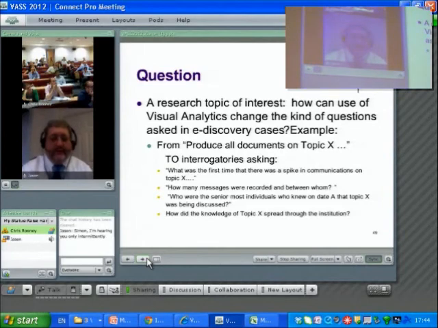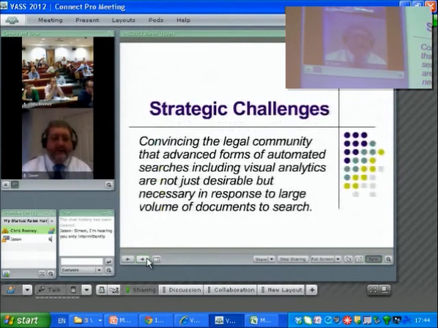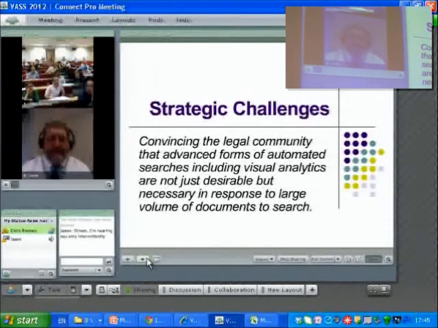But it's definitely the world of the future, and so it opens up doors for lawyers in what I think are exciting ways. So my last few slides are just some strategic challenges. Convincing the legal community that advanced forms of automated searches are not just desirable but necessary in response to large volumes. Maybe there's a judge out there or even a lawyer who's been in a cave and doesn't understand that there's a world of petabytes, exabytes of data flowing around the earth, and in particular litigation,